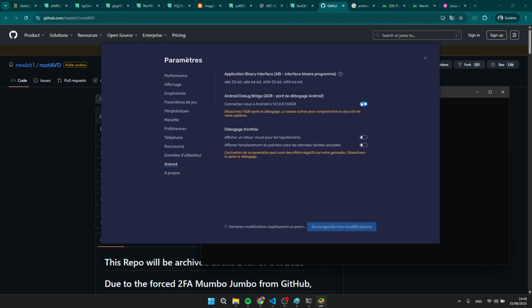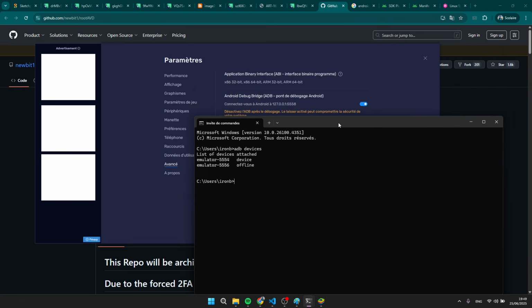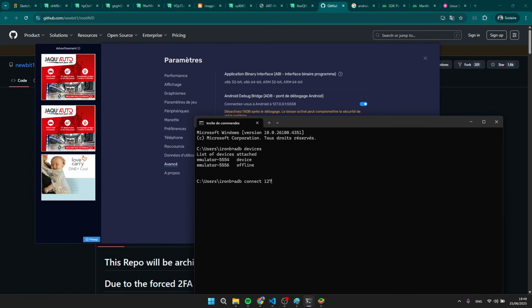If you go to advanced, the first thing is to check this little box right here to say that ADB is allowed, and then you just have to connect to this little local address, which is ADB connect 127.0.0.1, and then the port is 5558, and now it's connecting. Now if we try to do ADB shell,